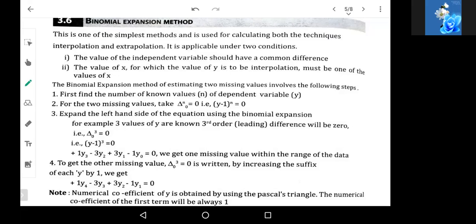Then after that, the second one. For the 2 missing values, take delta to the power n y0 is equal to 0, wherein you will get another derivation known as (y minus 1) to the power n is equal to 0. So we'll be using this a lot. (y minus 1) to the power n is equal to 0. Okay. Now after this, x